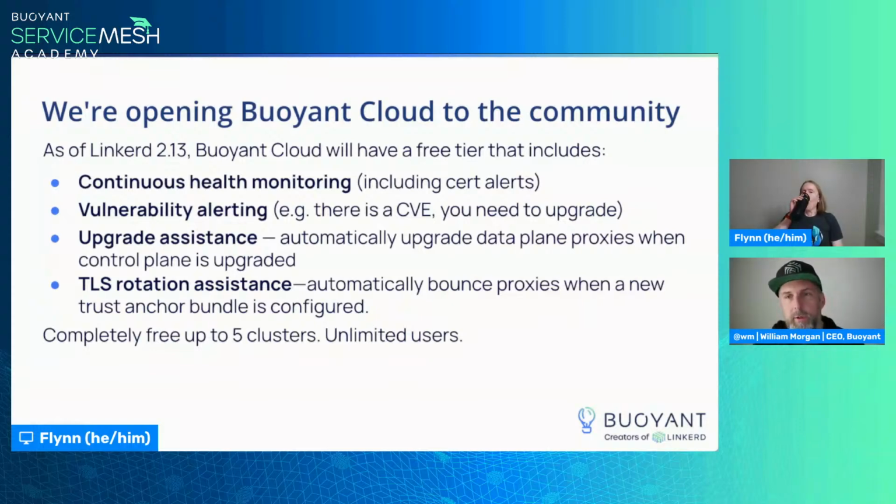It's going to monitor things like certificate health and control plane health. If we detect a CVE, it's going to send you a little nastygram, which has happened in the past, right? So don't think this stuff doesn't happen, right? Linkerd, like every piece of software, is built on approximately 7 billion underlying libraries, and each of these does very complicated things. And yes, we write it in Rust and all that stuff, but software has issues.